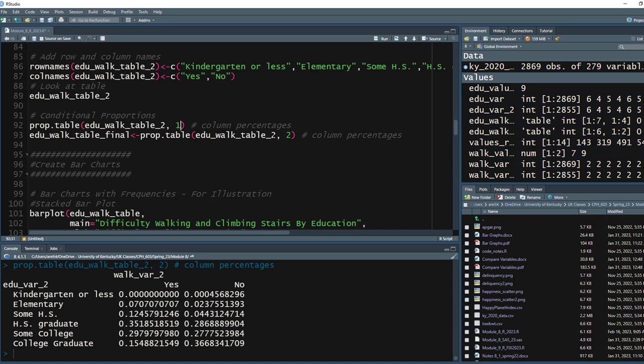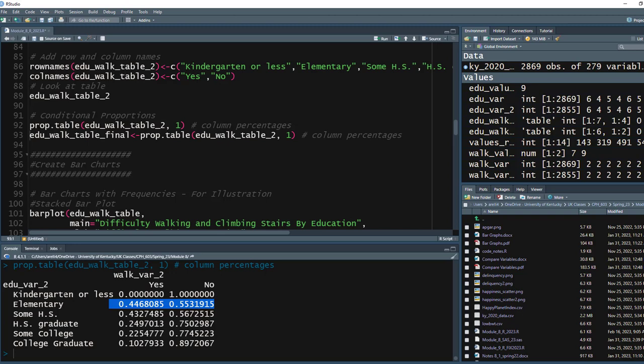I think it's better to look at it the opposite way. Notice as we look across the rows, these are going to add to 100%. So what I'm doing is looking at the distribution of yes or no conditional on education level. For each of the education levels, I'm seeing whether or not someone has difficulty walking